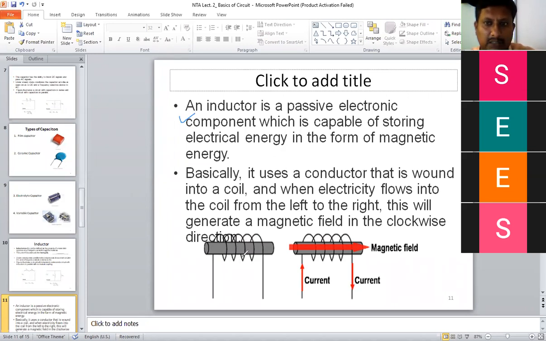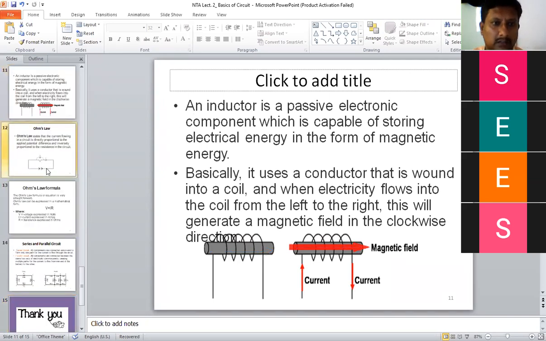So how the inductor gets formed is shown here. It is a core material on which the wire is wound. So it will form the inductor L. When we pass current through the coil, then a magnetic field is produced perpendicular to that current direction, according to Faraday's law of electromagnetic induction. So the current direction, magnetic field, and the coil are shown here. Okay, now this is about the inductor.